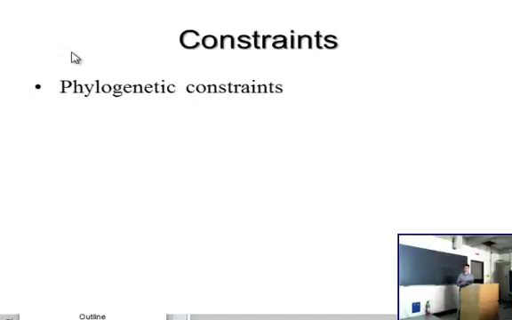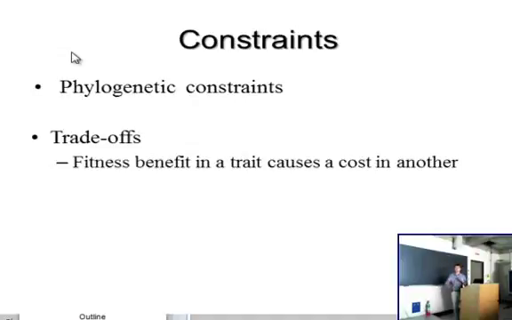So if it comes from a line of short-lived organisms, it's not automatically going to be able to live 100 years, for instance. Aside from these phylogenetic constraints, there are individual constraints that they experience. This is through trade-offs. A trade-off is when there's a benefit to one trait, so they maybe allocate some fitness benefit with reproduction, but at the same time there's a cost and a loss of fitness in the other traits. This is often due to energy limitations in the ecosystem.